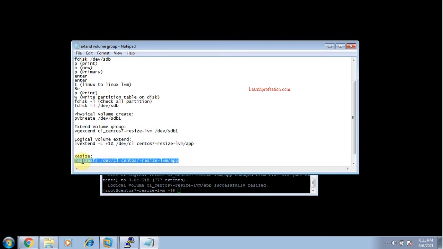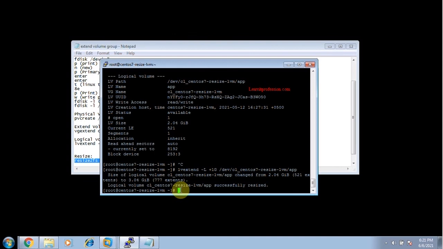The whole command is resize2fs /dev/cl_cento7-resize-lvm/app. App is the logical volume, cl_cento7-resize-lvm is the volume group. So just copy, right-click on the PuTTY session, and press enter.